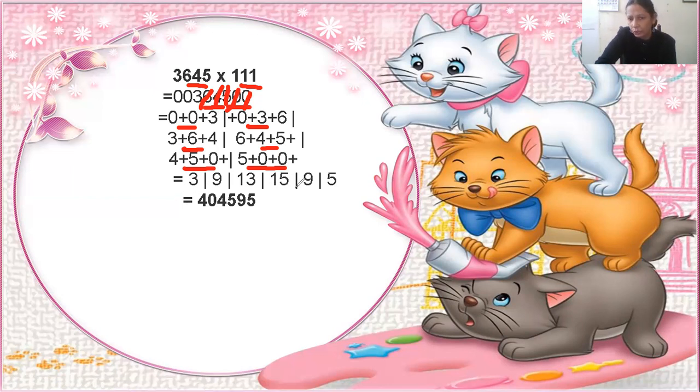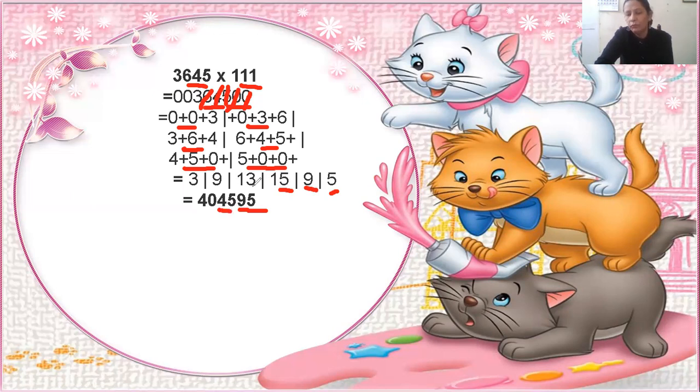Now you look here, 13 and 15 are two-digit numbers. You have to convert these into single-digit numbers. You know 5 is a single-digit number, you will write down 5 as it is. Now 9 is a single-digit number, you will write down 9 as it is. From 15, 5 is at the unit place, so you will write down 5 as it is. 1 you will carry forward and add with 13. 13 plus 1 is equal to 14. So from 14 you will write down only 4, because this is at the unit place.